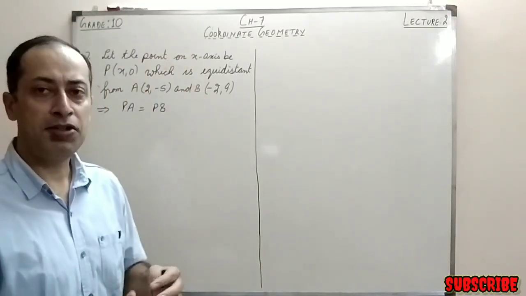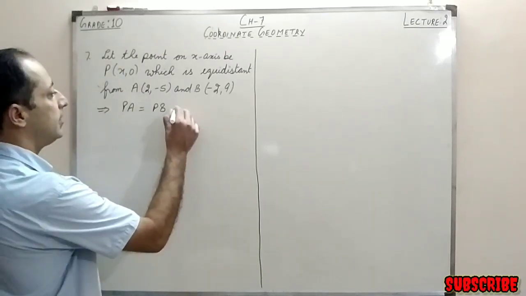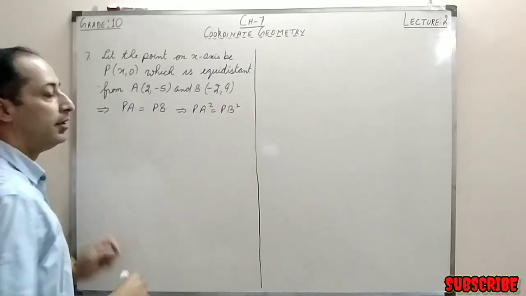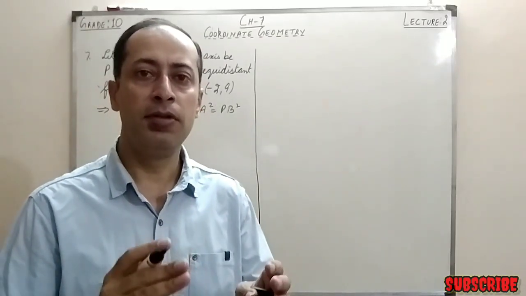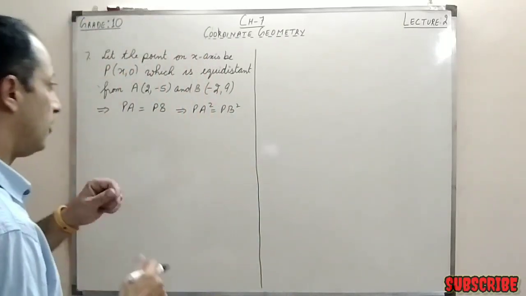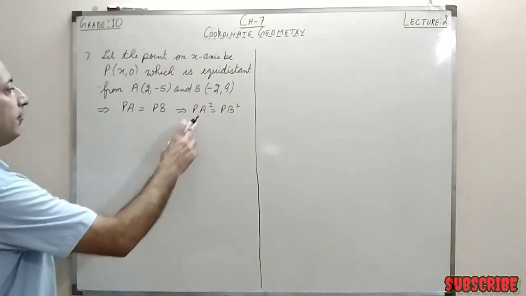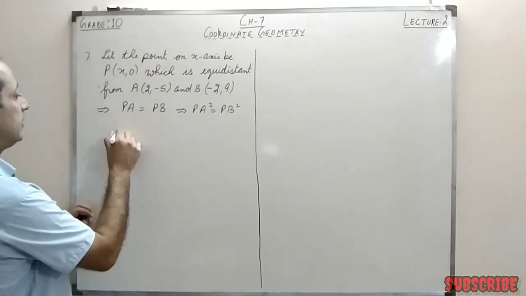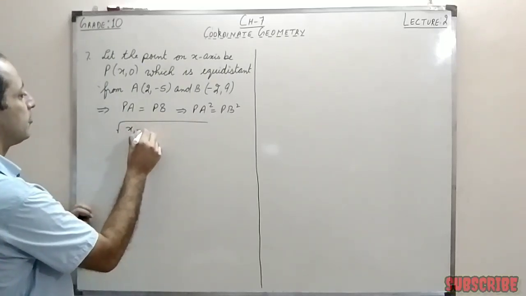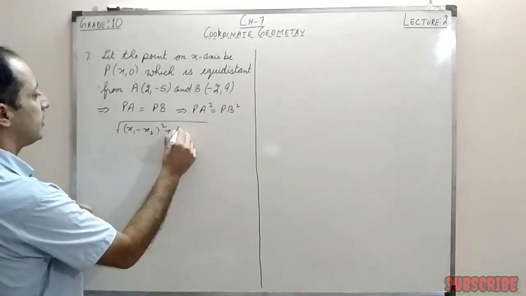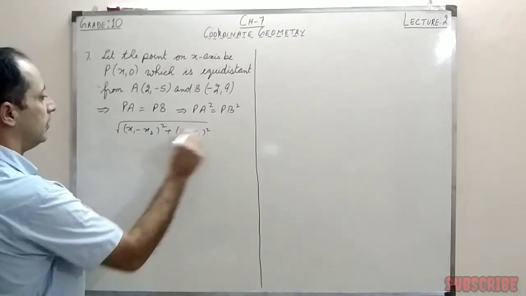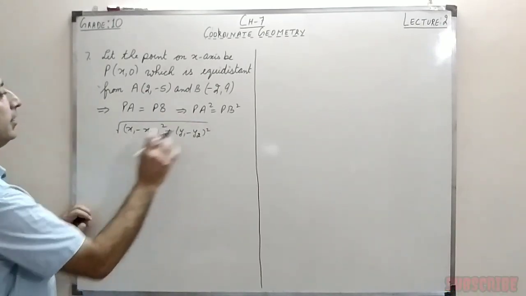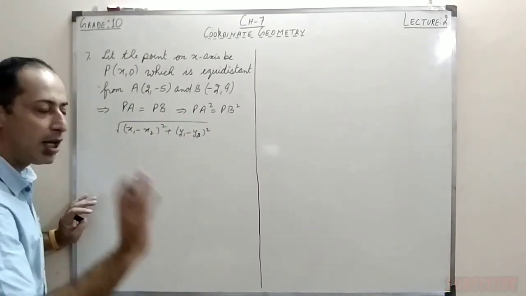Now, to make the calculation simpler, we can simply square them so that when we are finding the distance, we don't have to put the square root. So now, if we apply the distance formula relation, it is something like this: (x1 minus x2) whole square plus (y1 minus y2) whole square. Now, if I apply this relation on the left side, since I have put a square, there will be no square root now.